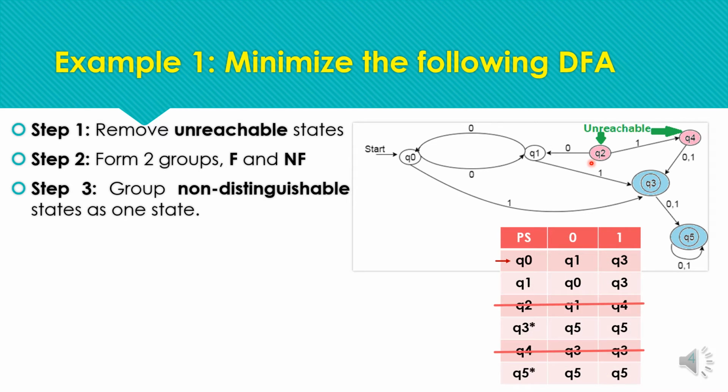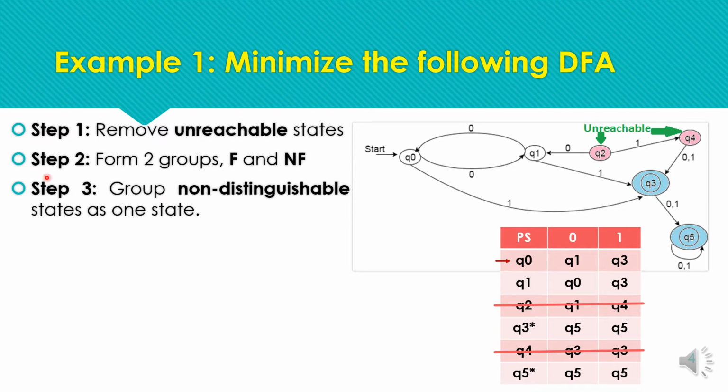So the resulting transition table will be this. In this we can neglect these two states Q2 and Q4, and the remaining states are Q0, Q1, Q3 and Q5. In this table, final states are marked with an asterisk symbol or star. Q3 is a final state, and Q5 is also a final state. So, starting with the minimization process, we need to look at the DFA's transition table, and we can work easily with it during the minimization process.